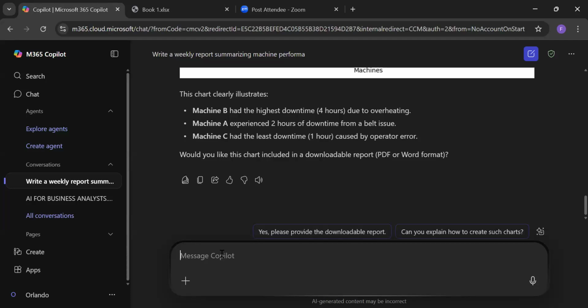So let's say, analyze the following downtime records by machine and shift to find the most affected areas.